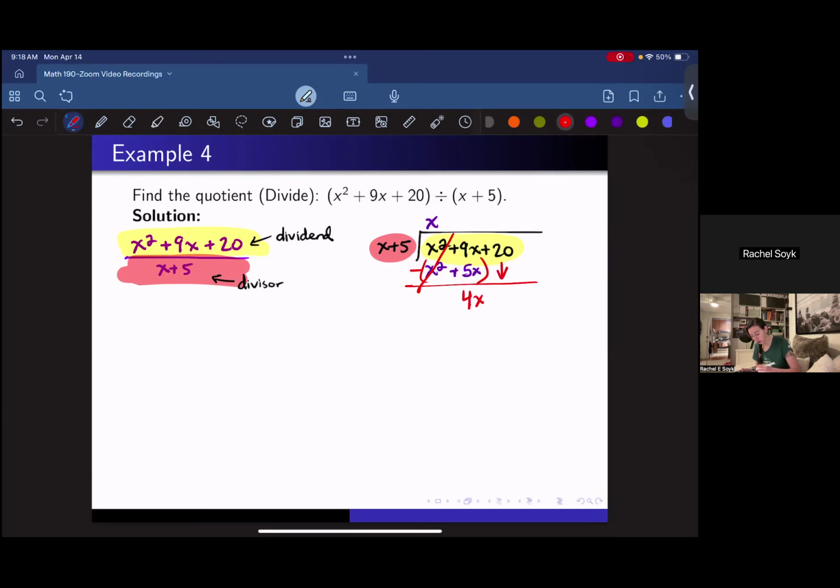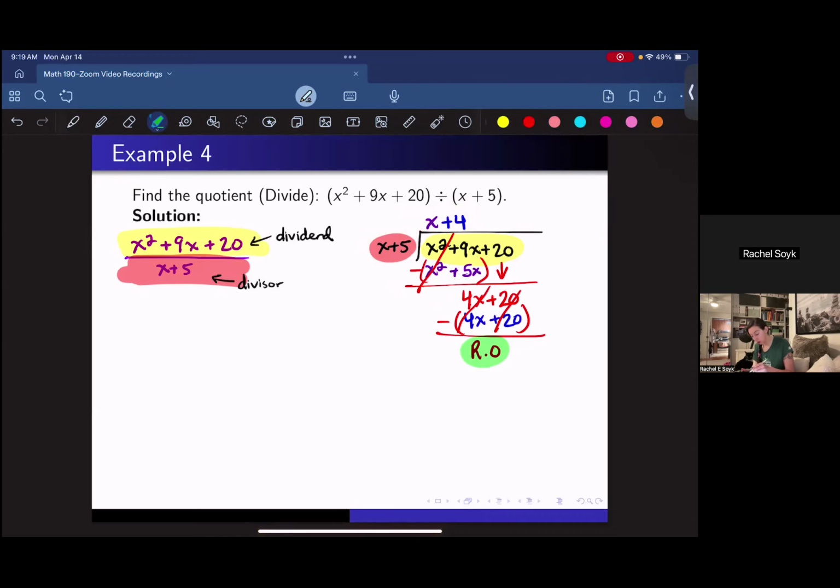This plus 20, we can just bring down. And now we're going to repeat the process all over again. X times what gives us 4x? That's just 4, so we have a plus 4. And 4 times x, just like we said, gives us that 4x, what we wanted. 4 times 5 gives us plus 20. Would you look at that? If we subtract this, everything will cancel out, and our remainder will be 0,